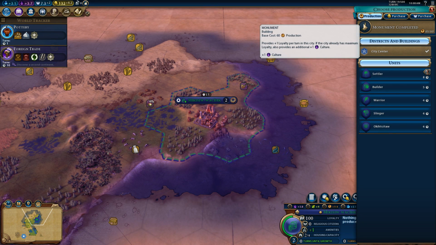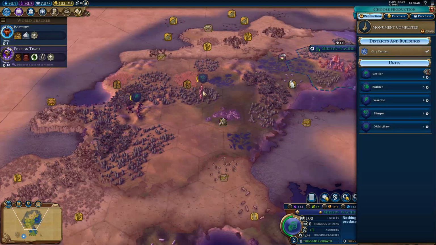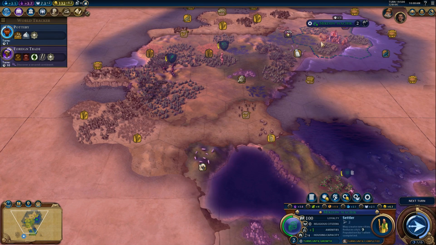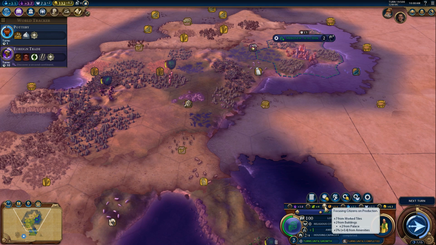Right, we have the monument. That is going to give extra loyalty in our city, which is good, and extra culture. I'm really thinking now I want to go for a settler, and I want to block off this section here, if at all possible. So I'm going to go for a settler. Our warrior's going to come back. Let's just see whether we can...